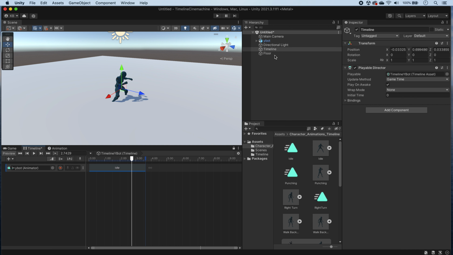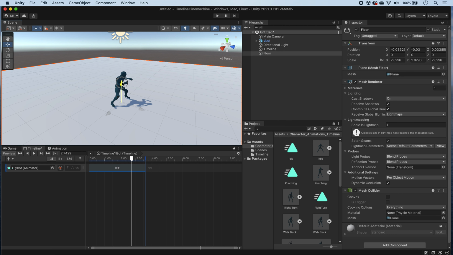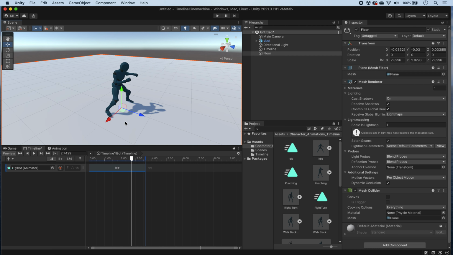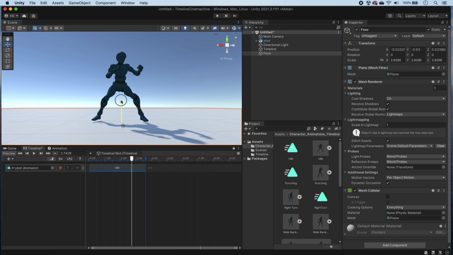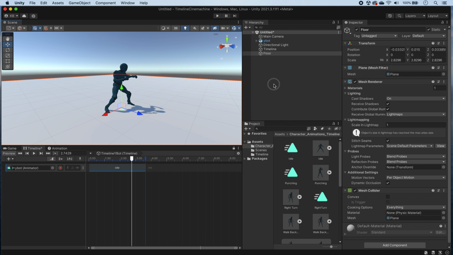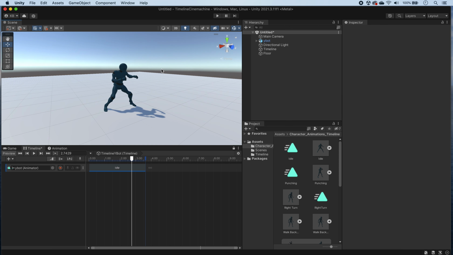So what I'm going to do, lock this so I can still see my timeline. There we go, cool. So hopefully if I drag in some other animations, it won't change the transform, because that